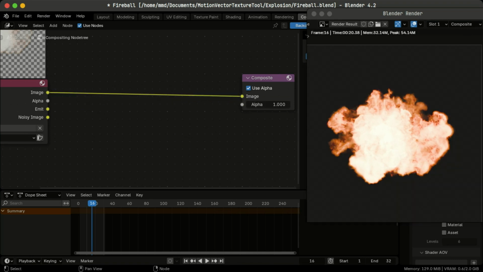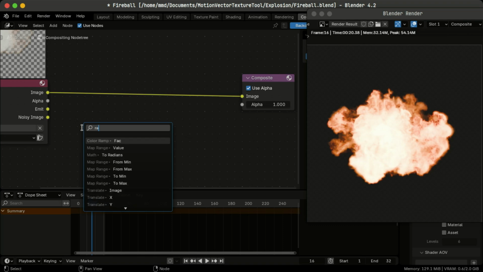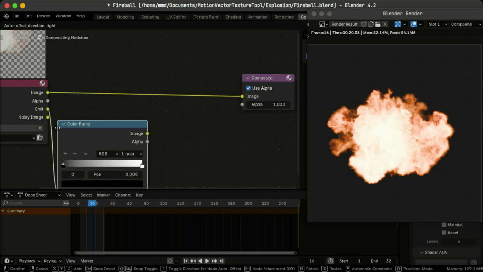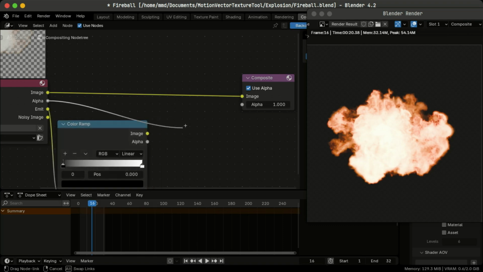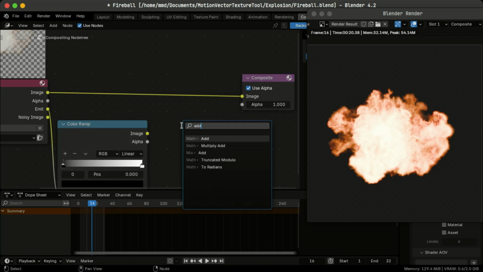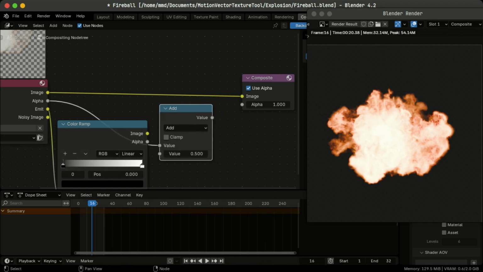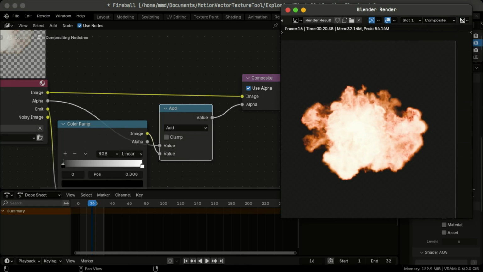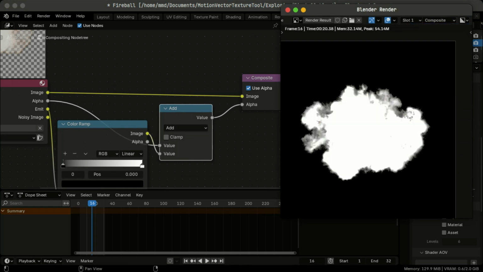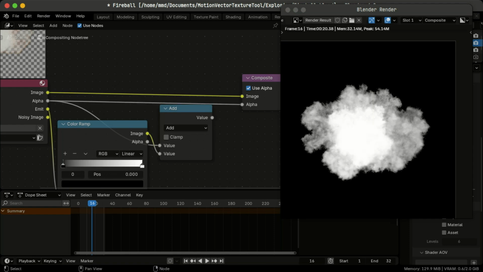So what we're gonna do is we're gonna run this through a color ramp, and then we're gonna add it to the alpha of our render, and then we're gonna plug it in there. And now if you look at the alpha, you can see that it's much stronger,